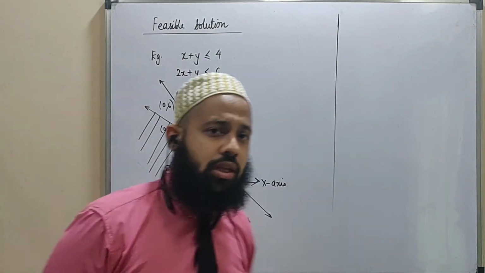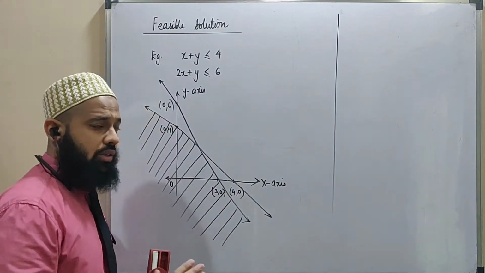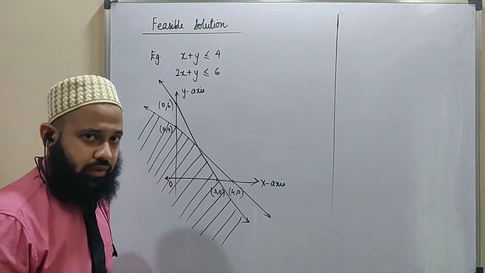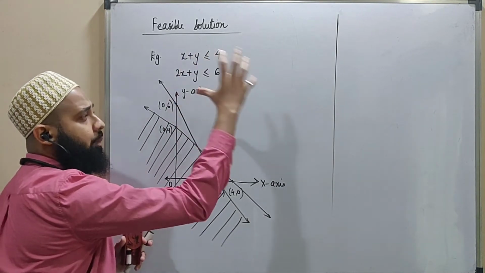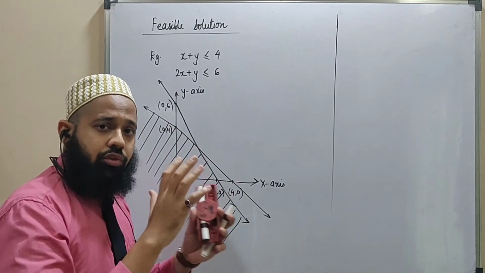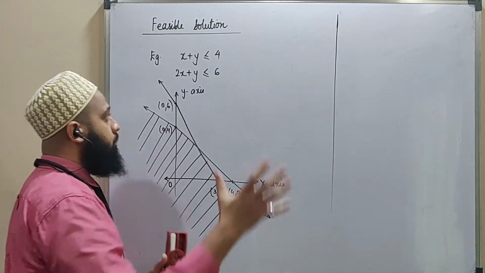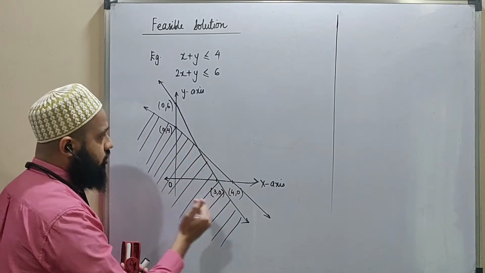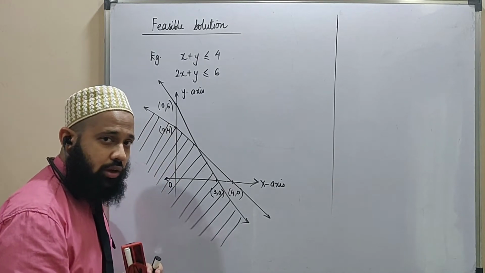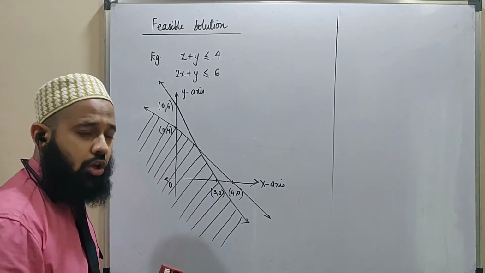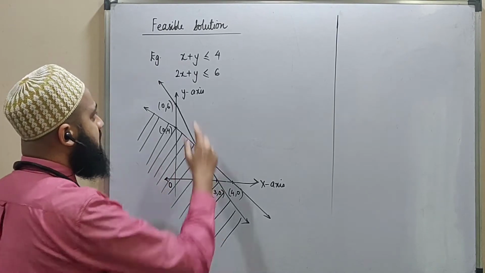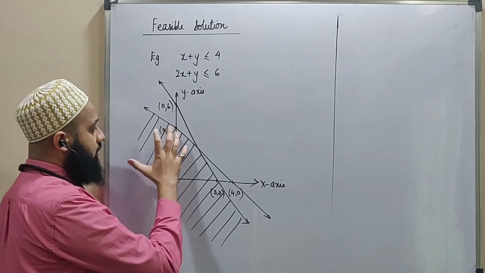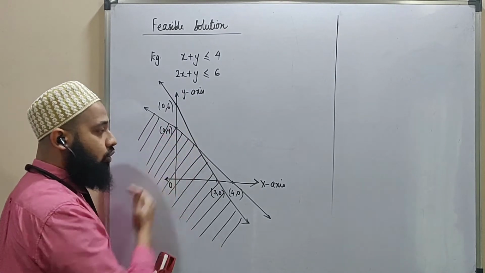So we have taken an example on the board. It is x plus y less than equal to 4 and 2x plus y less than equal to 6. Now skipping the part where we draw the table of the coordinates, we find out the coordinates to plot this on the graph and then we draw the line. Then we make the arrows determining which side of the line is to be considered, and then we narrow down upon the region. Taking the help from the previous example, since this is both less than equal to, everything is positive here, I understand that my region will be the inner side only, that is below both of the lines.